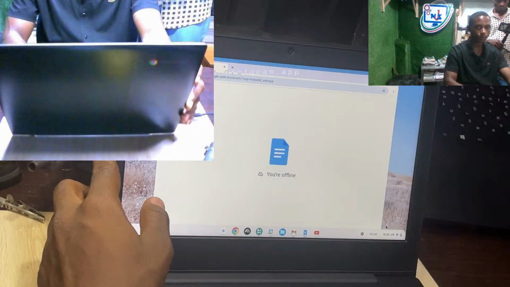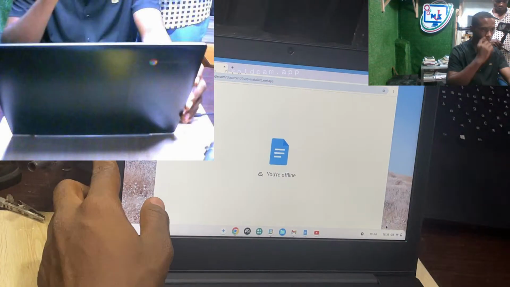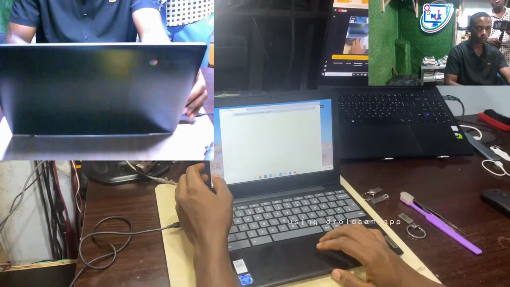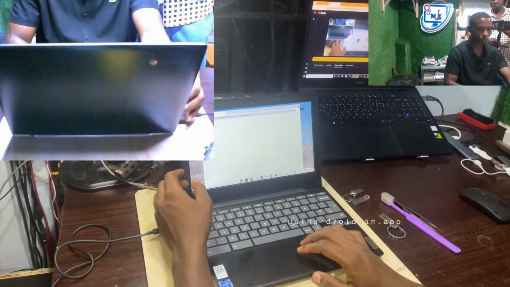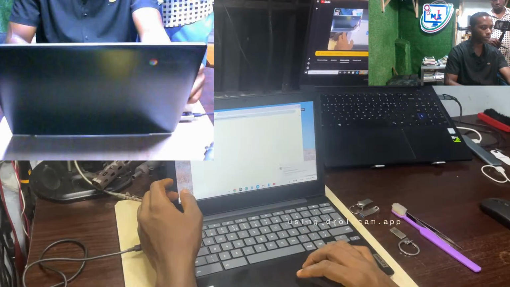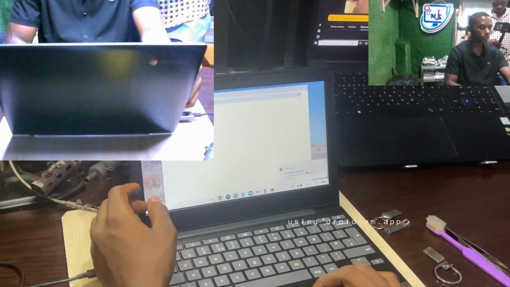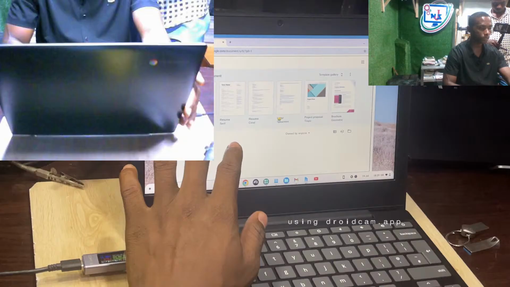Okay, it's loading now. So this is where you can type like Microsoft, you can use and type. If I create a new document now,